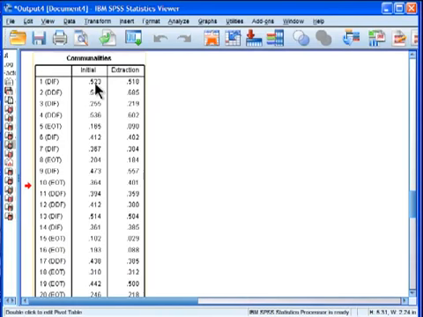And then we have the initial and extraction. This is a big difference between principal components analysis and factor analysis. In PCA, the initial is always 1.0 because it's only doing one extraction, in the sense that it's using the total variance for each variable to put on the main diagonal of the correlation matrix upon which the principal components analysis is going to be